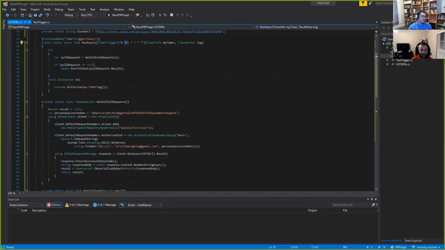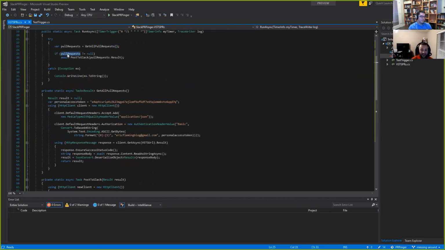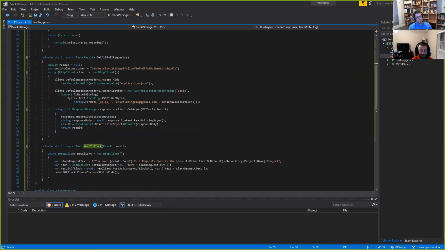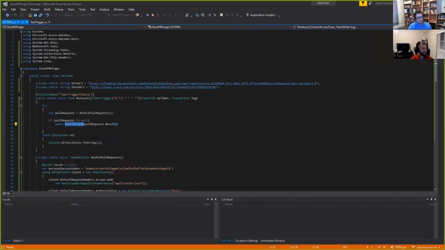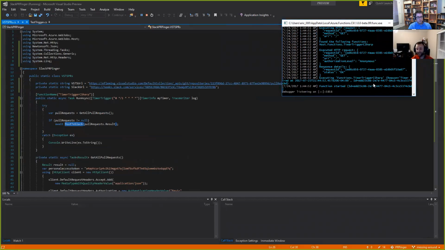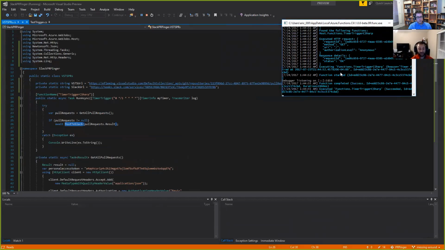So this one, every minute, it's going to reach out to VSTS, get the pull requests. If there's a pull request, it's going to post to Slack, just HTTP requests here, and that's pretty much it. Set up the timer. So let's check it out. Start this. Starts over here. So it's running, and